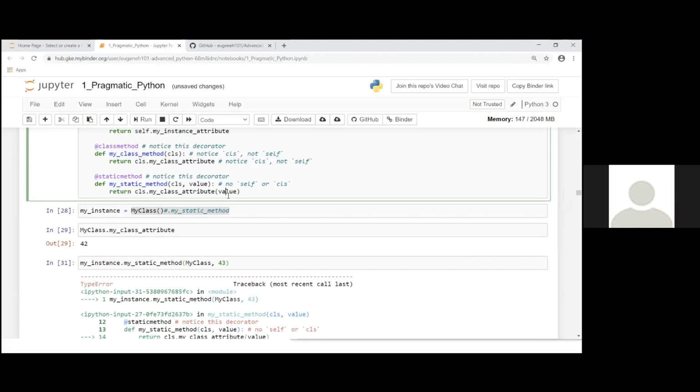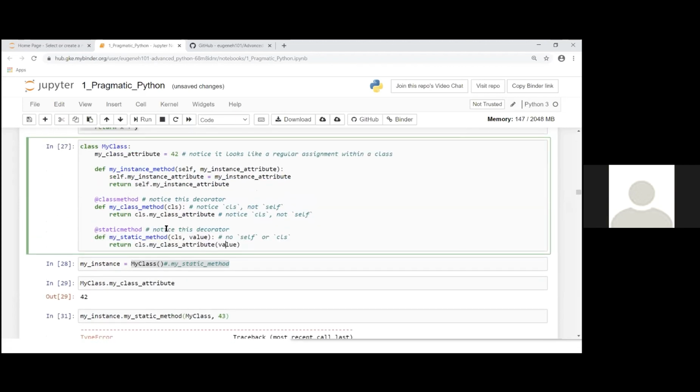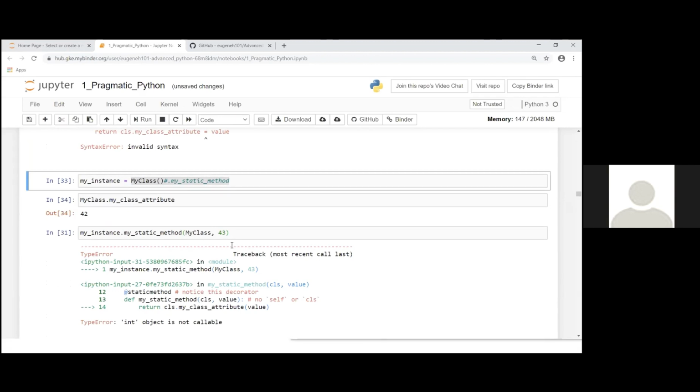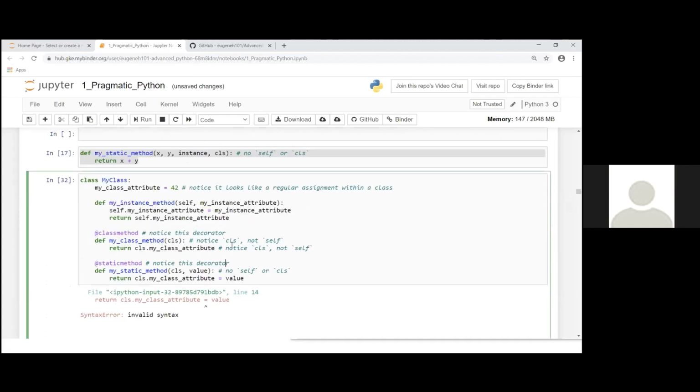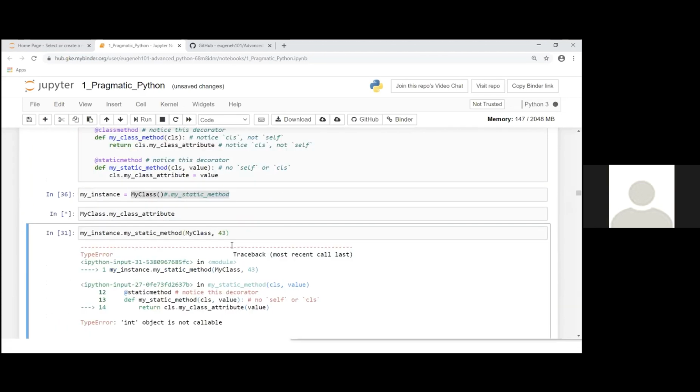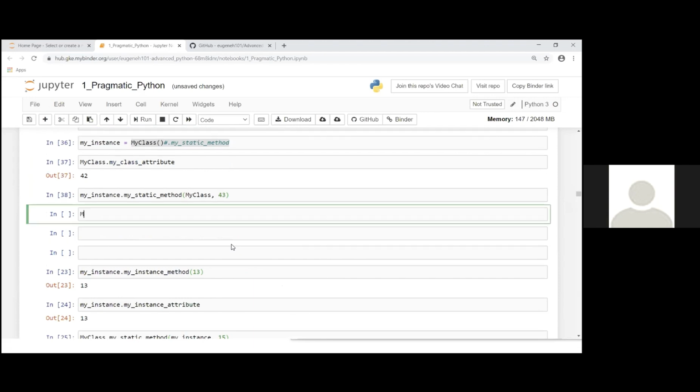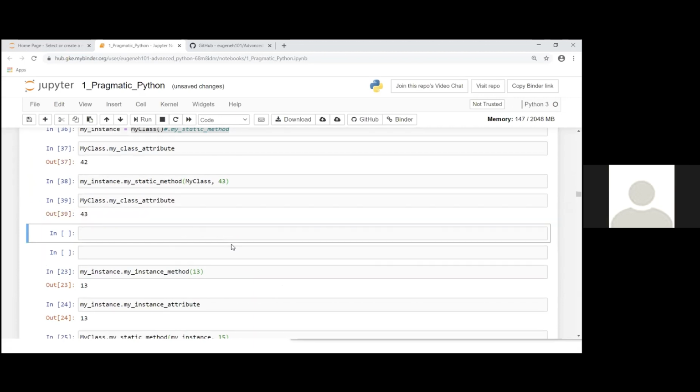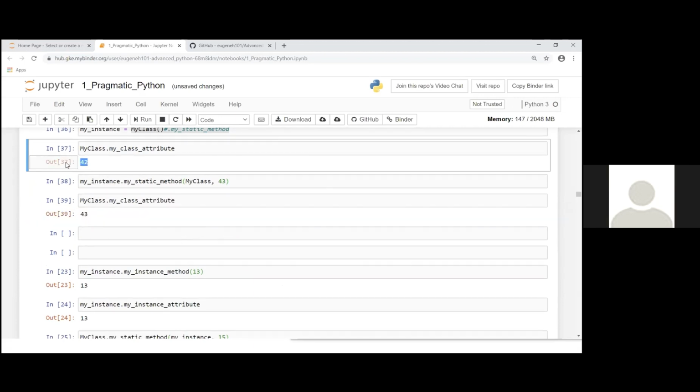Not callable. Let me just do this. So now I've mutated my class attribute from an instance. So 42 changed to 43.